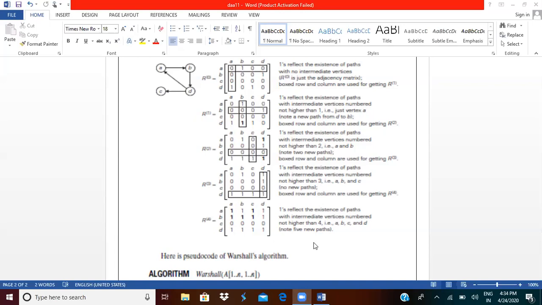Okay, this is the end of Warshall's algorithm. We shall see the next set of algorithms in